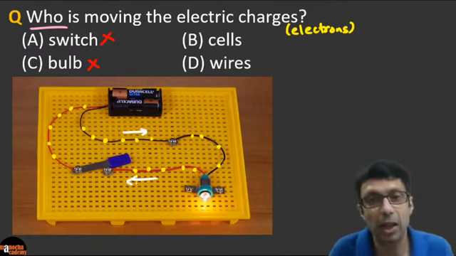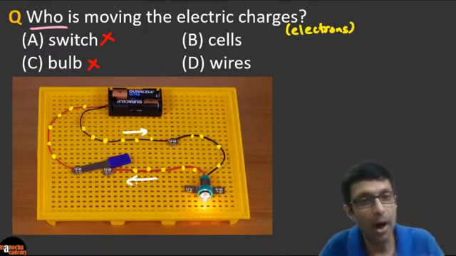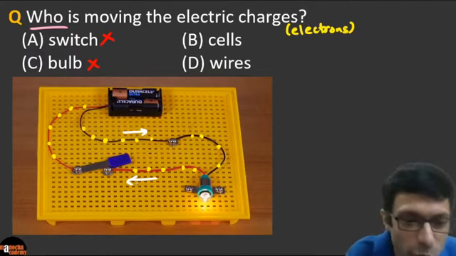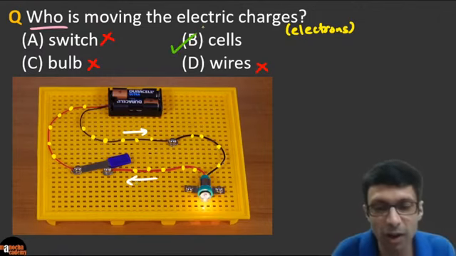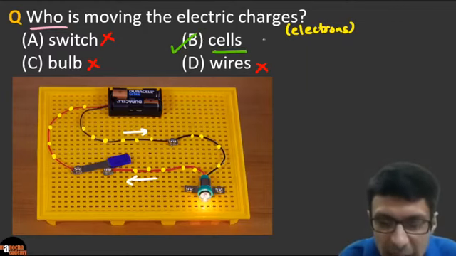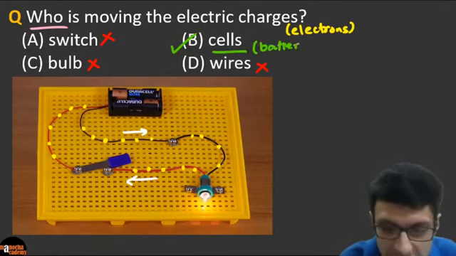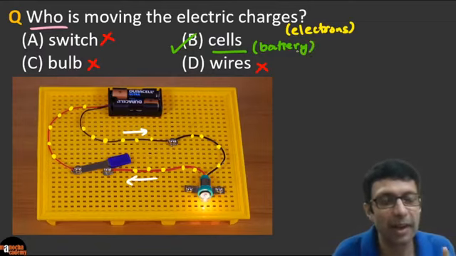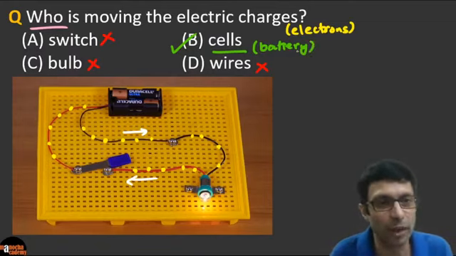So now, who is causing it? Definitely the wire is needed, but you know that a wire is not sufficient, right? Because what do you need? Very good, guys. You also need a cell. So till you connect the cell or the battery, what we call, you will not have electric current. Very, very important concept, guys. It is the cells, or what we call a collection of cells here. Can you see it's known as the battery here? So that is needed for the electric charges to move, or the electric current.